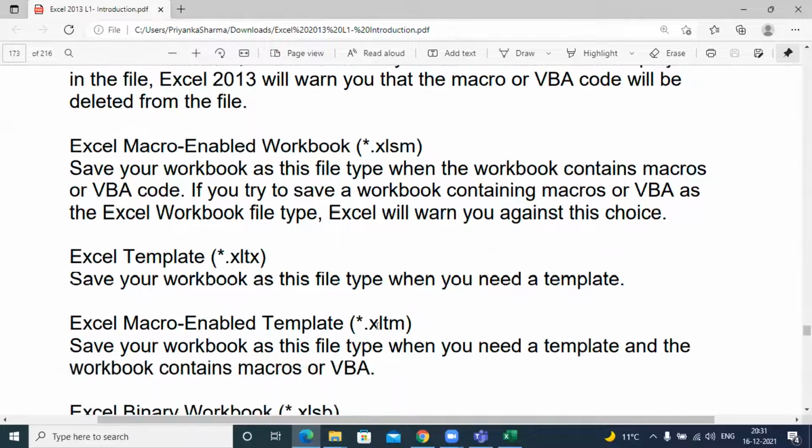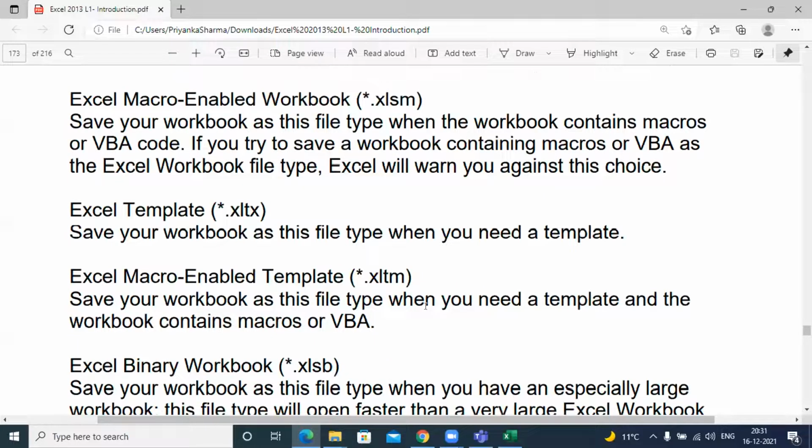You can use .xltx in case you have a requirement of a template. You can use .xltm when you have a template with macros. I know this is not easy to remember, but this sheet, this PDF, will be with you, so you can always refer to it. Try to grasp as much as you can.